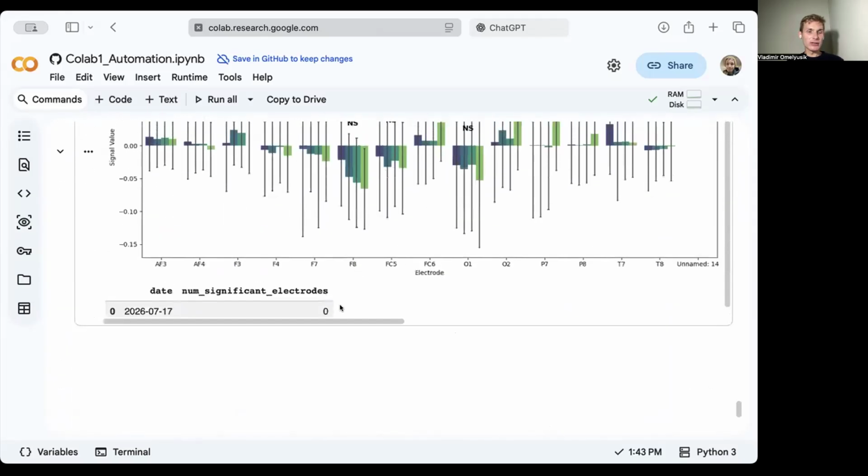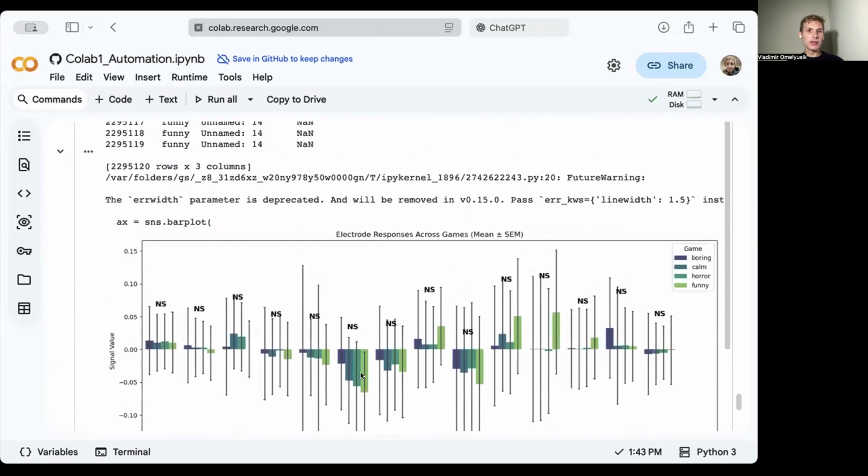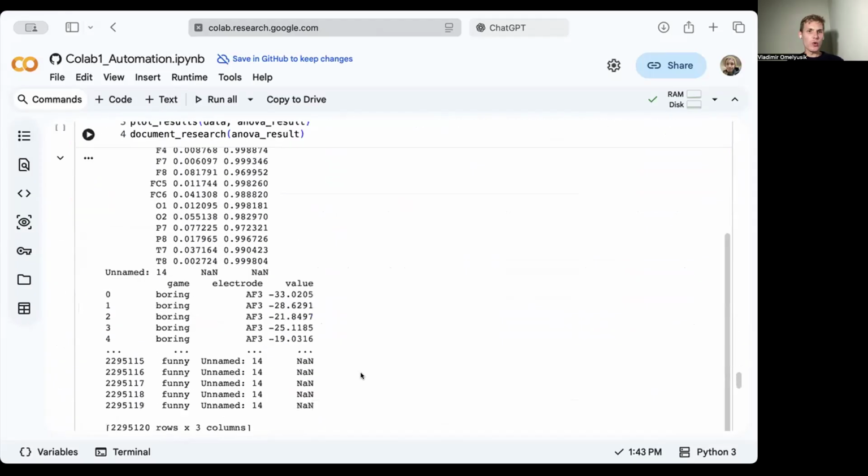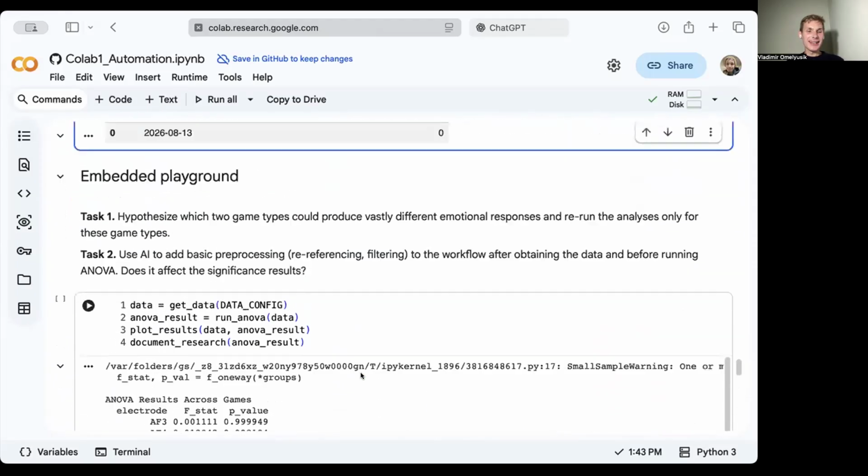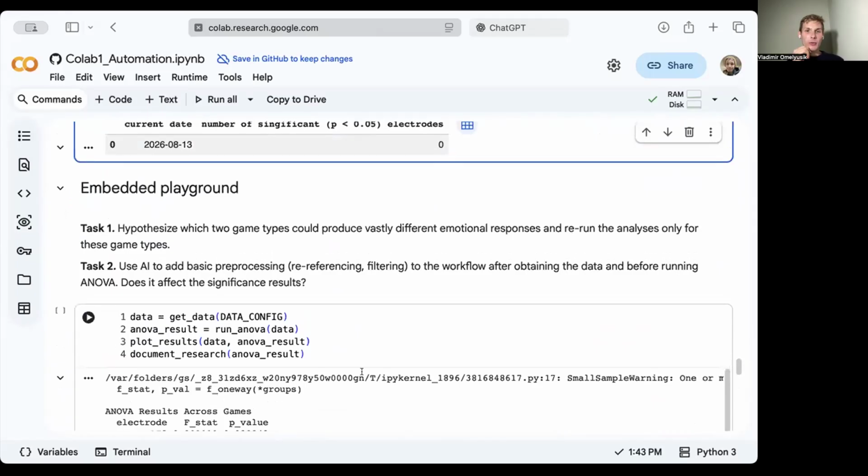So it has several tasks here. Well, task 1 and task 2, 2 tasks for you to play with. We're not going to go over them right now. This is for you to play with after the workshop to get more familiar with prompting and using Colab as a computational environment. But one thing to address here is that since we wrote our pipeline in a modular fashion,